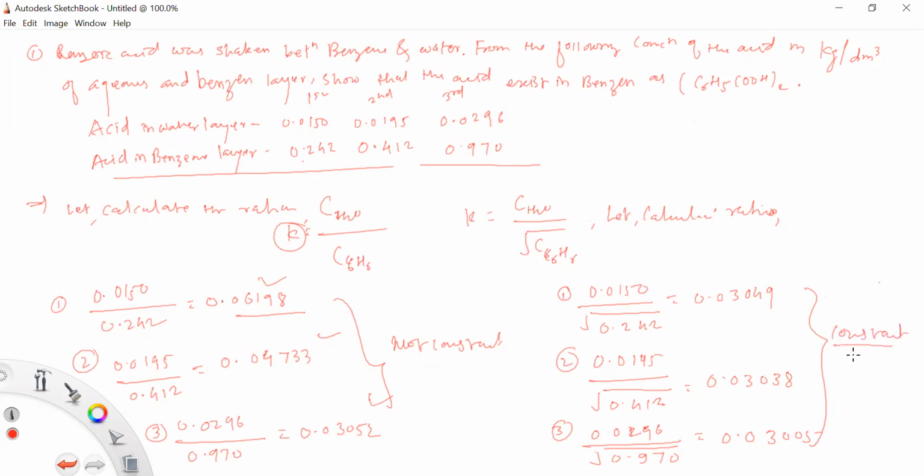If it comes out constant, it means that it follows the distribution law. So it means that the molecular form of your solute is a dimer, म्हणजे तो डायमरच्या फॉर्म मध्ये आहे आणि